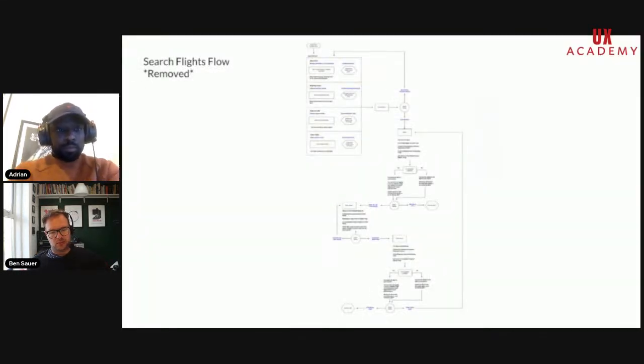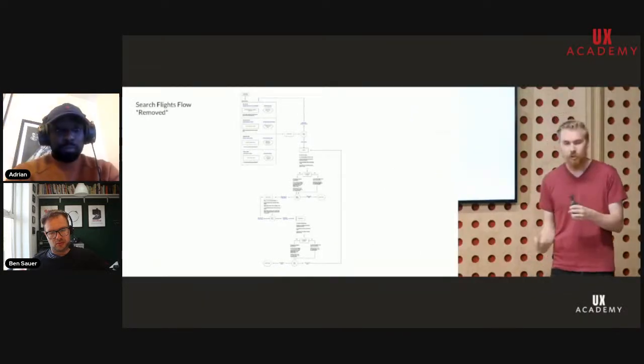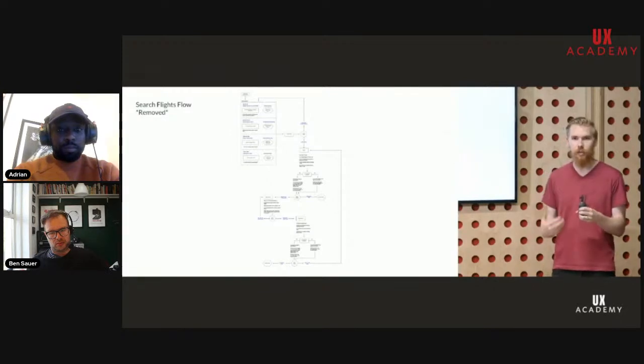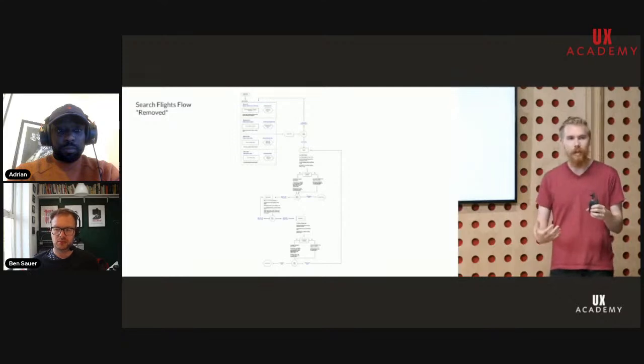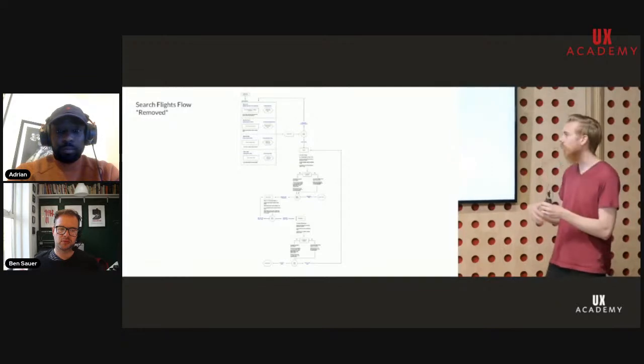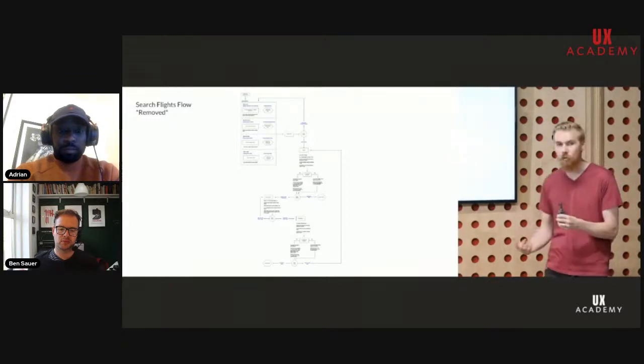This was an initial flow that we removed from the end prototype. When we started prototyping and testing it, it just felt like a really long process, and people would just go back to using a visual interface because they could check the price differences across days and things like that. So we felt that this was turning out not to be a good use case.